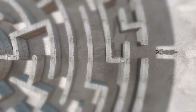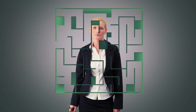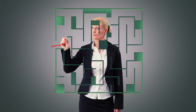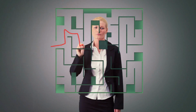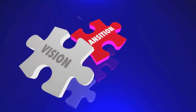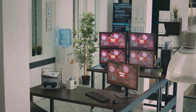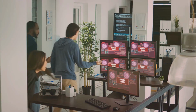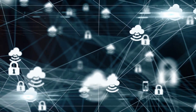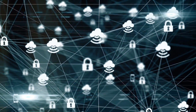Moving from a familiar system to a brand new one can feel like navigating a maze. You know where you want to go: increased efficiency, better reporting, maybe even happier employees. But the path isn't always clear. One of the biggest challenges is ensuring that the new software integrates seamlessly with your existing systems. Many businesses rely on a patchwork of different software solutions to manage various aspects of their operations. This can create complexities when introducing a new system into the mix, especially if those systems were never designed to